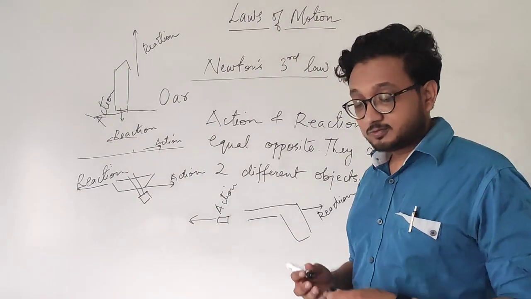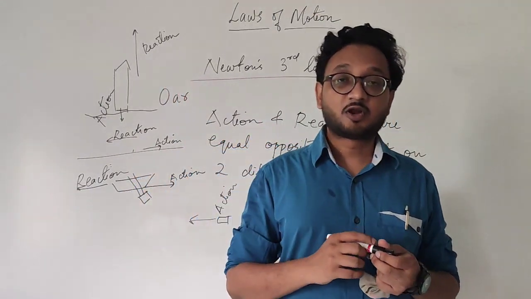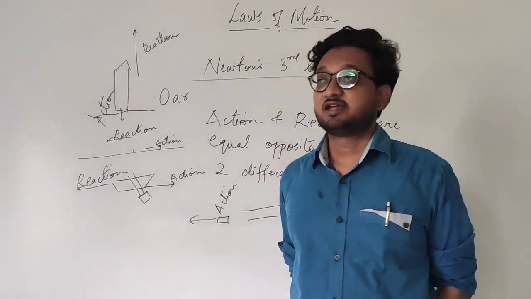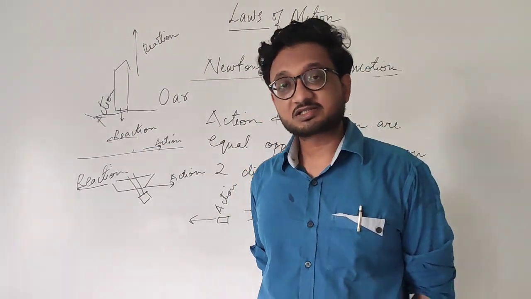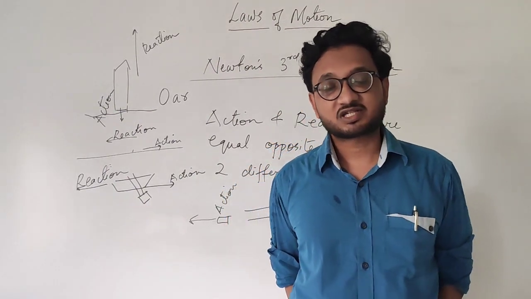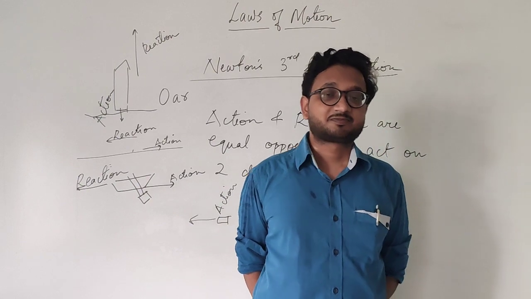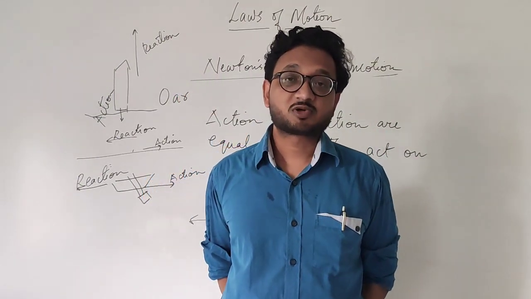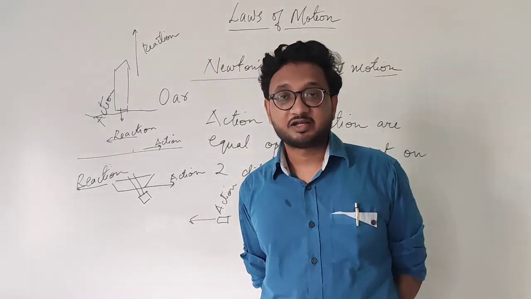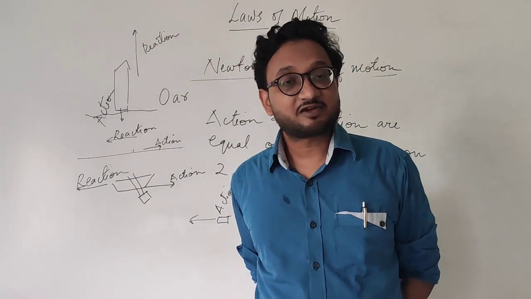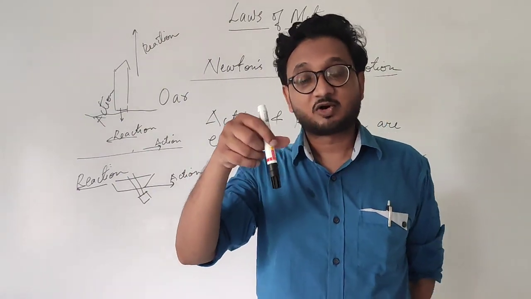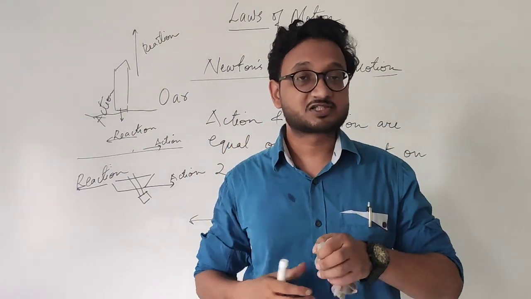Okay, so now we revise all the three laws from the very beginning. The first one was the law of inertia, that is, if the object is at rest, it will remain at rest, and the object in motion will remain in motion unless any external unbalanced force is applied. The second one was that the rate of change of momentum is directly proportional to the applied unbalanced force. And the third one, action and reaction are equal and opposite. The examples for each one: the first one we saw was the carom board, where all the coins remain at the same place while only one is moved.